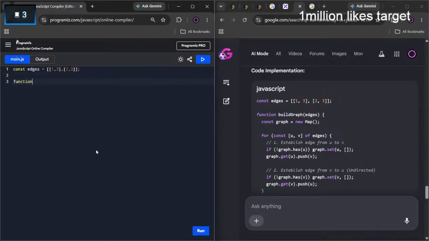So we have to write a function build graph. We are going to pass the edges, which is my 2D array, and now we are going to maintain a new map. You understand? And now we are going to destructure it once, u and v. I'm kind of remembering what my math teacher used to teach me in school. So in my graph as you